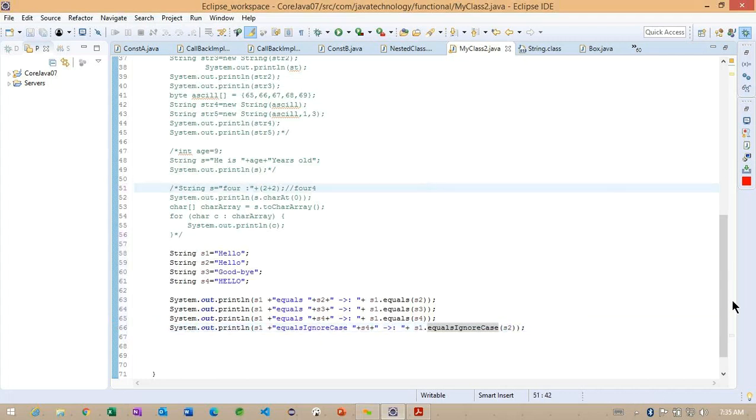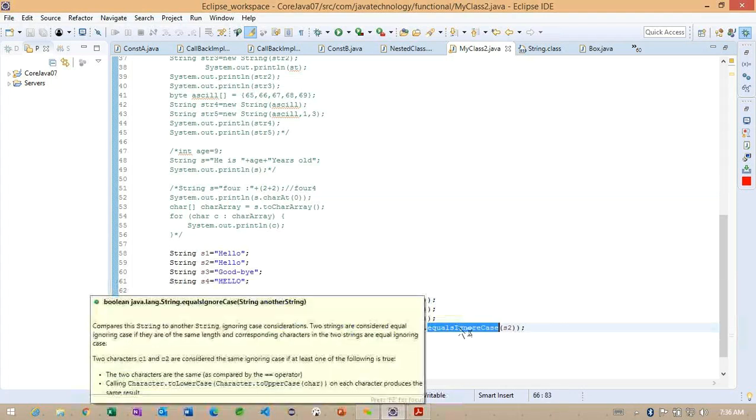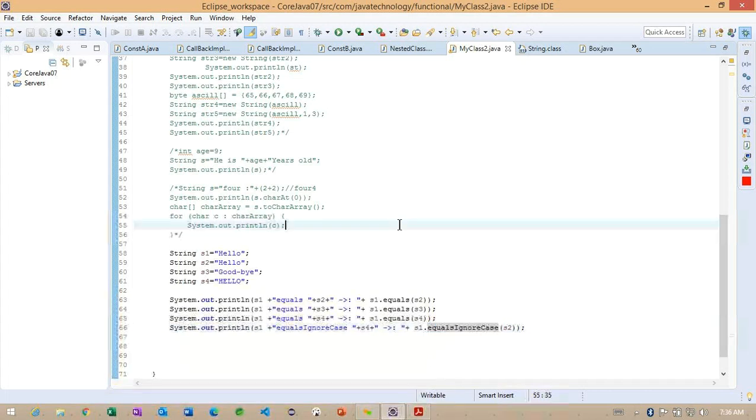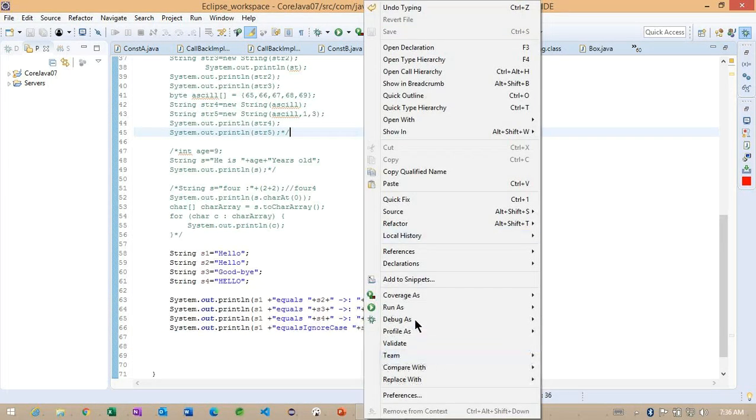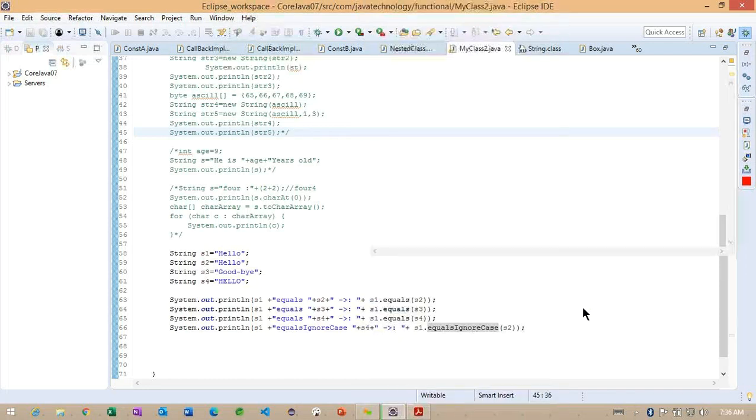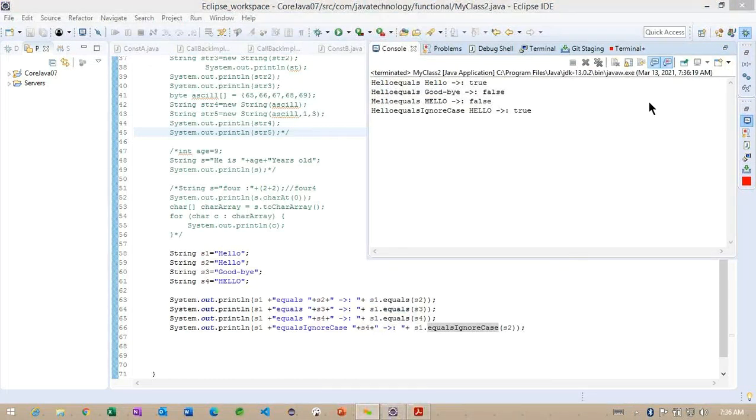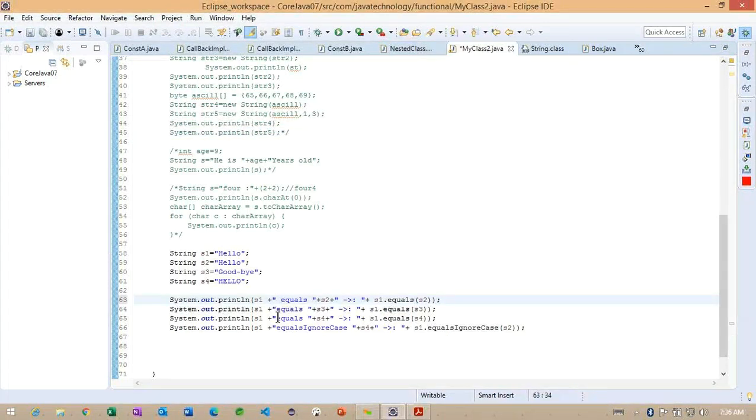And these are about the 4 methods, but observe carefully, we are having equals method and equalsIgnoreCase. So how exactly these two methods are going to work, and in which scenario we can go for equals, and in which scenario we can go for equalsIgnoreCase. Let me run this example here. Observe carefully what we are getting here. Let me make some space here so that we'll understand more.